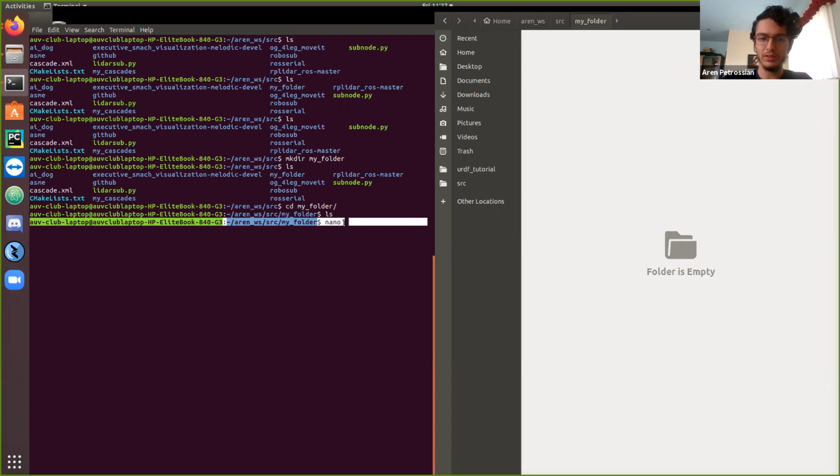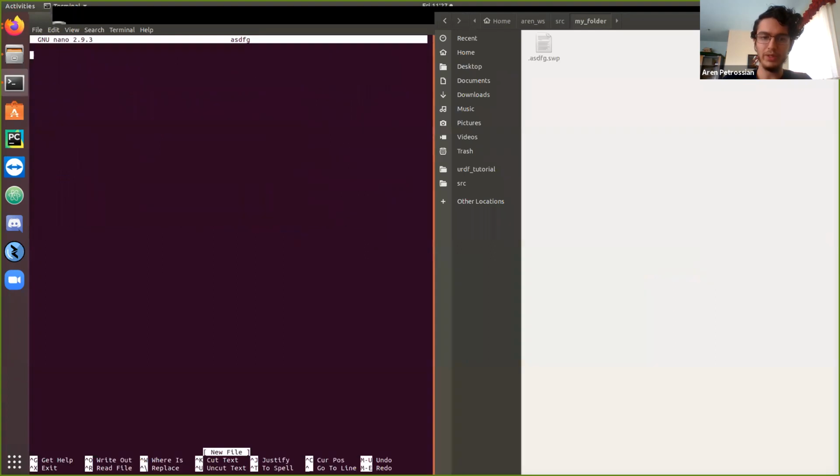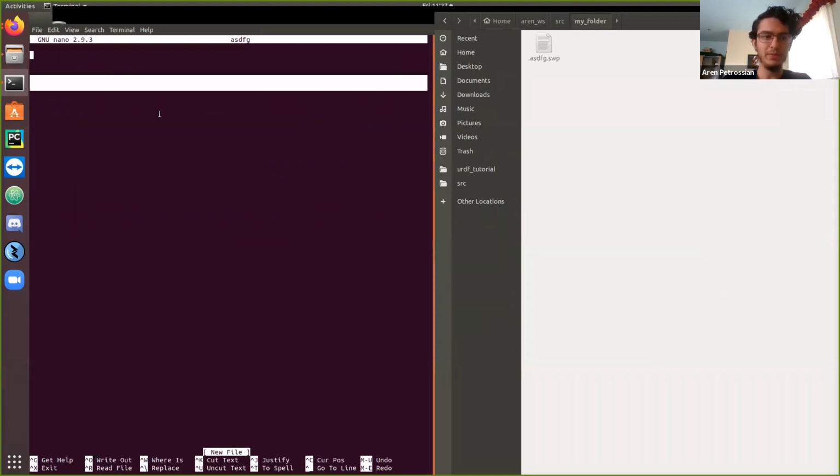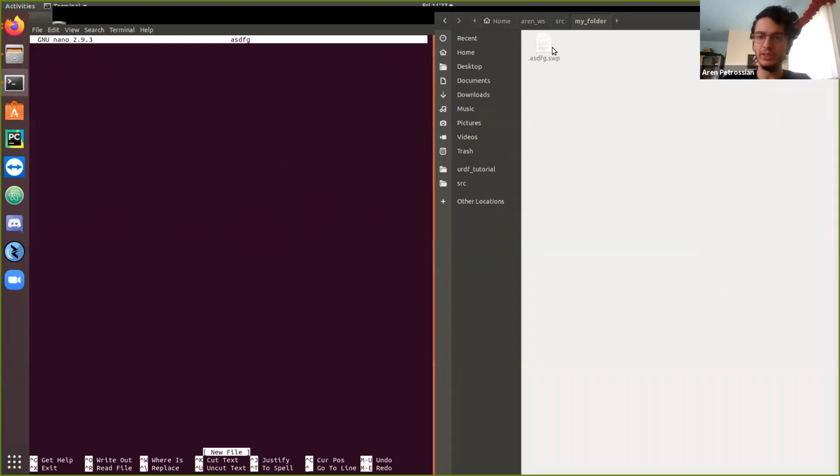So you type in nano and then you put in your file name. Let's say I want to name this one, I don't know, anything random, ASDFG, whatever. And you press enter. You see now it brings you to this page and it created this ASDFG file over here. And if I type something in here, like let's say, hey there,